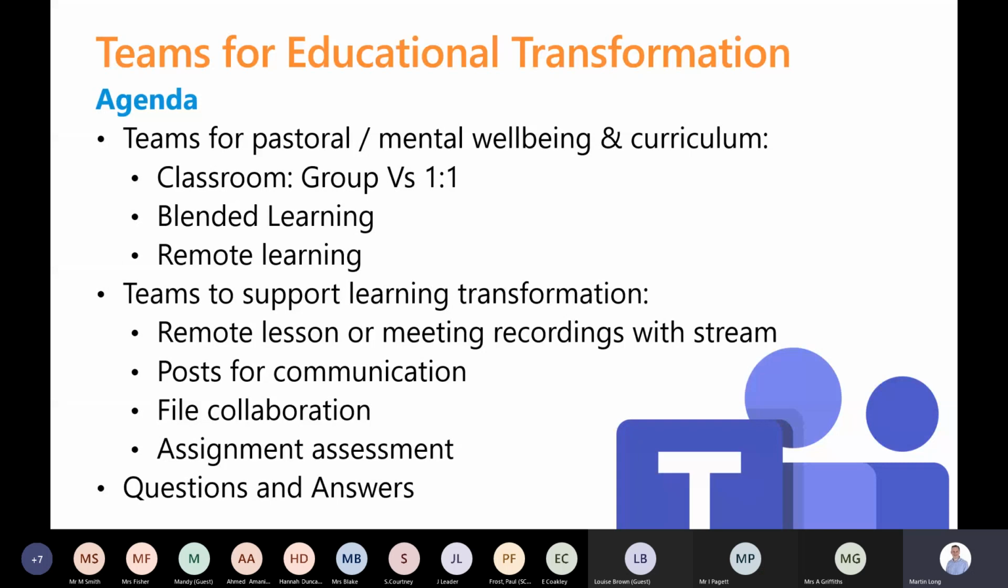And we'll have a look at how to use things like stream and video recording and meetings. We'll explore how to get the most out of the post section, and then if you're adding files into those, how they're made available for people in those teams. And then for class teams, we'll finish off having a look at how assignments can be used to help you